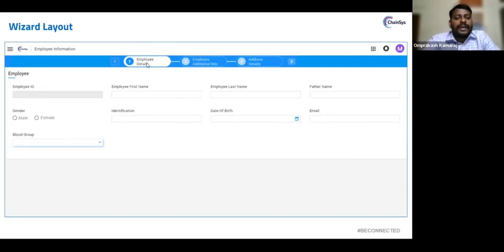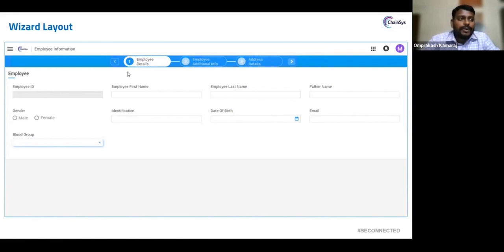So once the user enters the details for the first step and clicks second step, or else if the user clicks an arrow, the values in the particular layout, particular steps will be saved automatically. These steps can be either a number, or an alphabet, or an icon. So there are 2 modes in wizard. One is complete and another is draft.